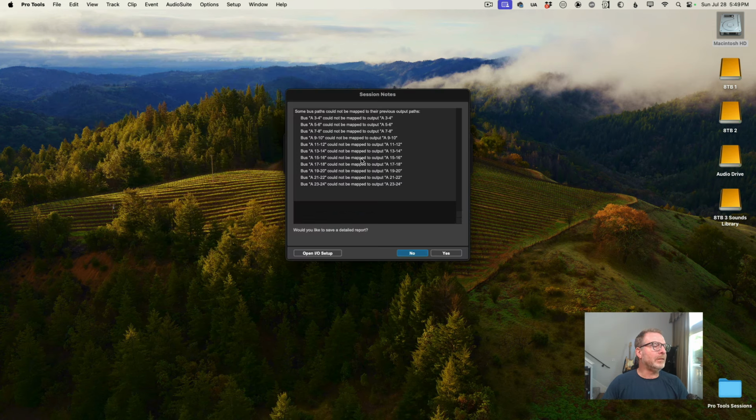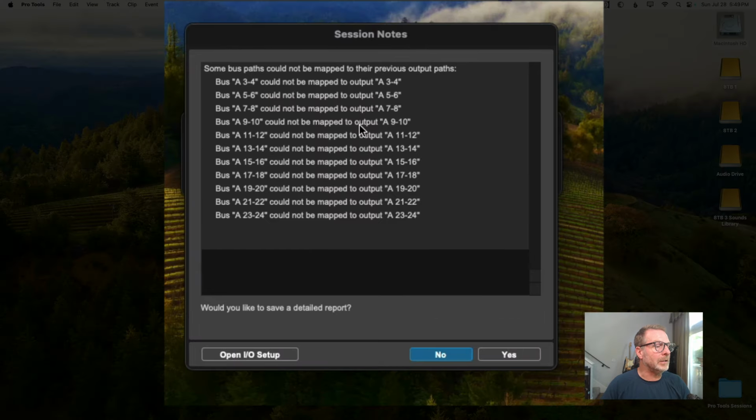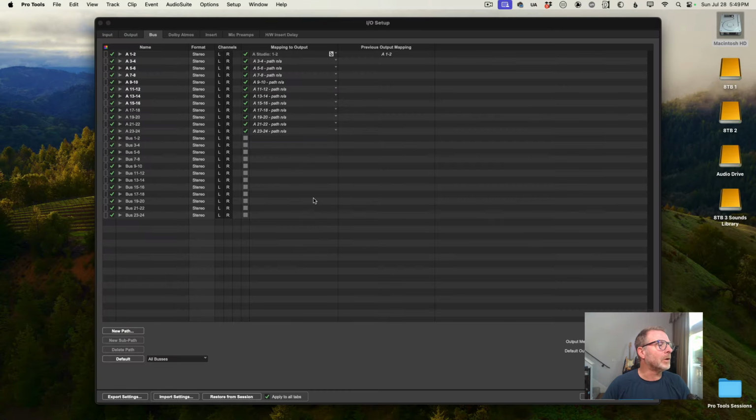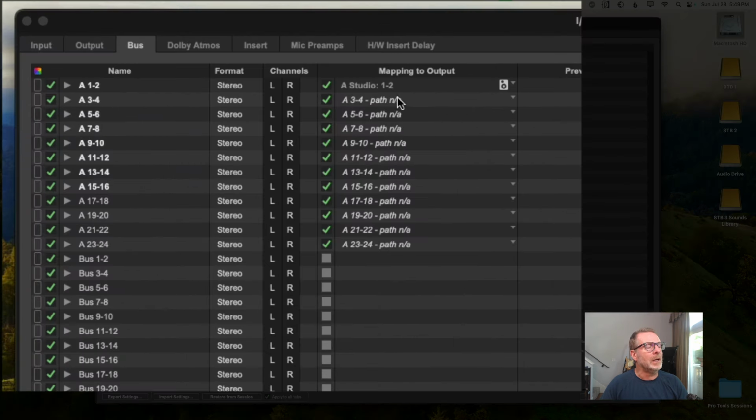And it's telling me that the buses have changed, right? Would I like to save a detailed report? No, I don't. But I do want to go to the Open I/O Setup button, click on that, and resolve this. So what I'm seeing right out of the gate is the bus tab has some paths that are not applicable for one reason or another, and I'm going to resolve that by simply recalling the I/O settings that were